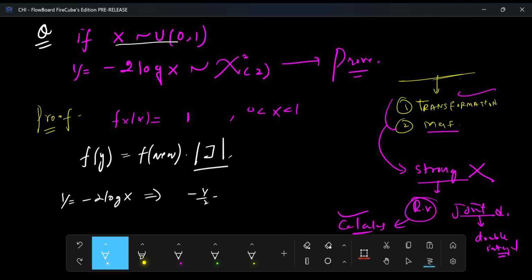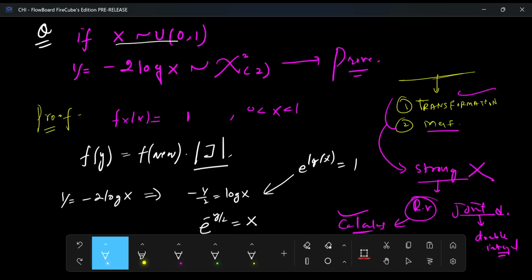माइनस y बाई 2 इज इक्वल टू log x। क्या ये ठीक है? क्योंकि मैंने क्या किया, ये जो 2 है ना ये डिनोमिनेटर में लेके आया मैं, और माइनस को यहाँ शिफ्ट किया मैं। सो log को खत्म करने के लिए हम इसको क्या करेंगे, what's e log x किसके बराबर होता है, x के बराबर होता है। सो क्यों ना हम दोनों साइड से e ऑपरेट करेंगे, this is e to the power minus y by 2 is equal to x. सो अब x की वैल्यू ये आई, अब डिफरेंशिएट करना है, कितना इजी है,